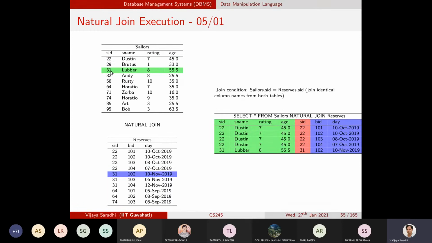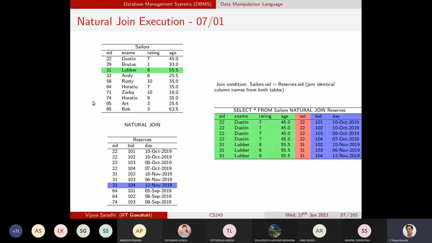It will go to the next row where this condition is met, and that will be part of it. So the next 3 records of sailors ID 31 will be joined with the reserves table, and that will be part of the natural join result set.